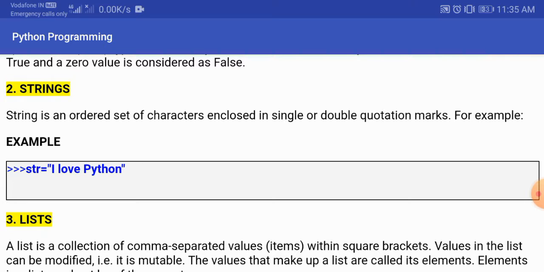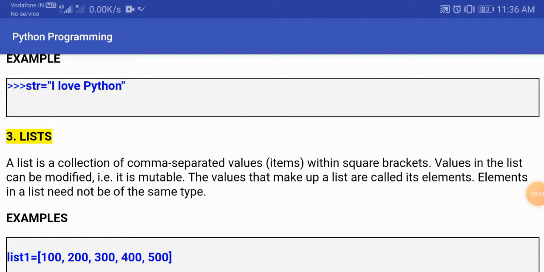But the thing is that whenever you are using a single quote to open something, you should use a single quote to close that thing as well. But if you are using double quotes, you should use double quotes only to close it. You cannot use anything at any place. That means if you are using single quotes to open it, then you cannot close it with double quotes. And in a similar way, if you are using double quotes to open it.